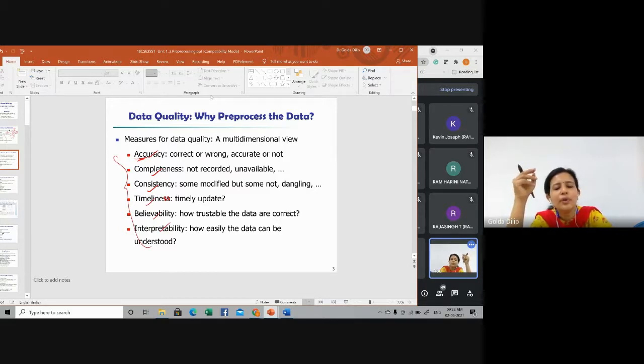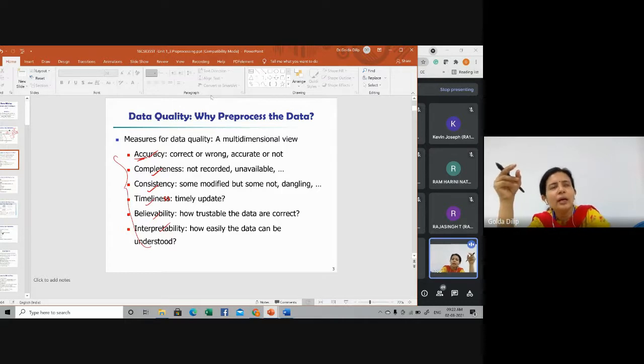So what will you start doing? You are given the task to analyze the company's data with respect to your branch sales performance. First step, you will start looking into the company's databases and data warehouses, inspecting them.